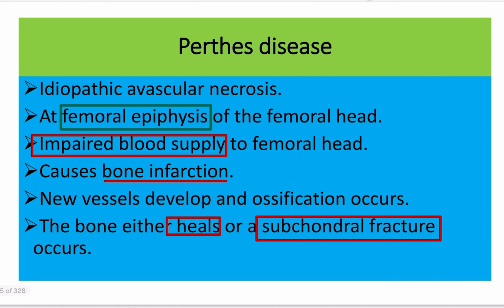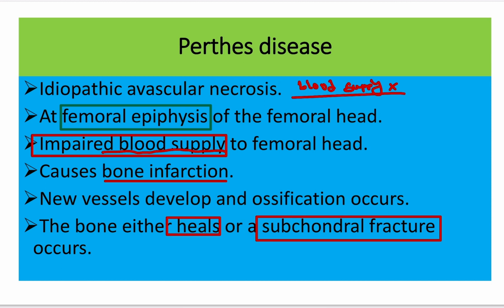It is an idiopathic avascular necrosis. That means idiopathic cutting off of the blood supply of the femoral head. In this condition, in the femoral epiphysis of the femoral head, there is development of avascular necrosis. Why does the necrosis occur? Because there is impairment of the blood supply of the femoral head, and finally it causes